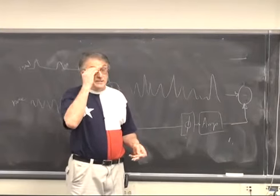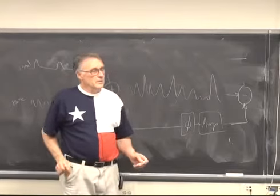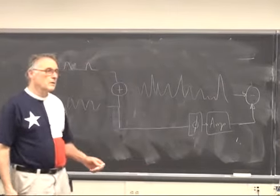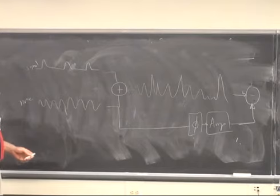I built one of these for 60 hertz and put it in somebody's lab over in biology. Yes? Ultimately, how do you get the signal? Because I thought the problem is that when you get the input, the signal is combined with the noise. How do you separate the noise from the phase shift and amplitude? Well, luckily, creating the signal that's 60 hertz...